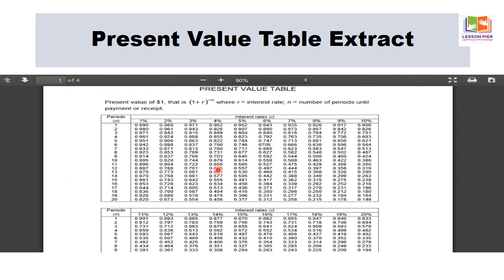Now let's see this table. This is called the present value table. Now we have this 12% interest rate, and we have 4 years. We get here the figure 0.636. If we multiply this 0.636 by 1000, we get 636.36. That is nearly rounding to the same figure that we had in the previous question, previous slide. So this is the way we solve the present value through tables.